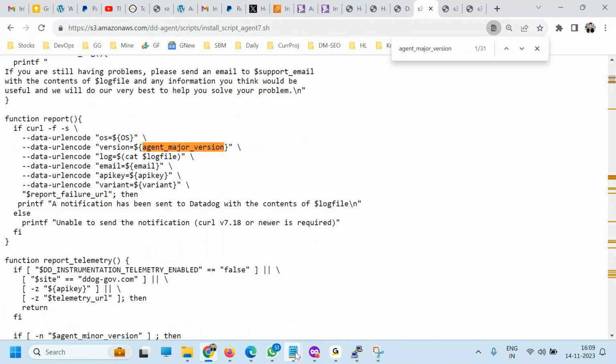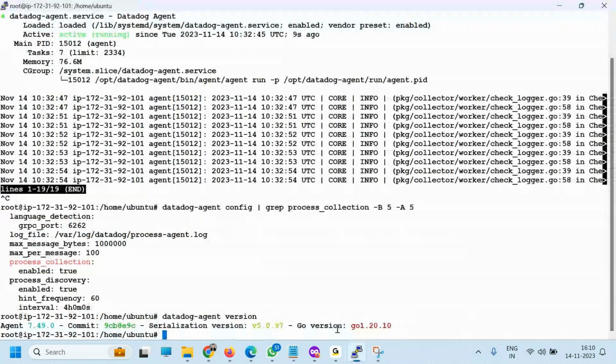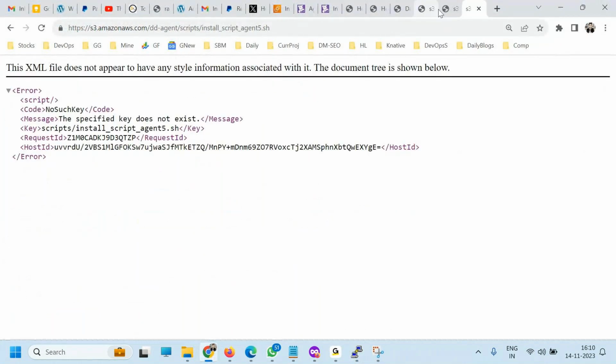So for the major version, typically you should go for it. The minor version is not making much sense because the minor version has bug fixes, so you should always go to the latest in terms of minor version. But where we got a situation like it's 7.49, we went for something like 7.46, in the same major version but a little bit lower.